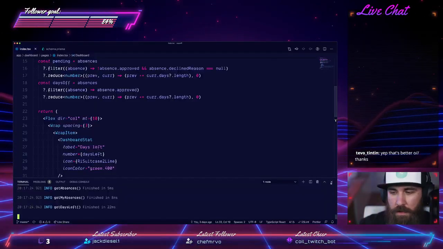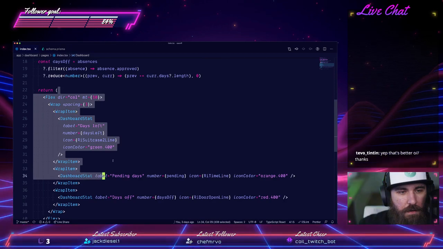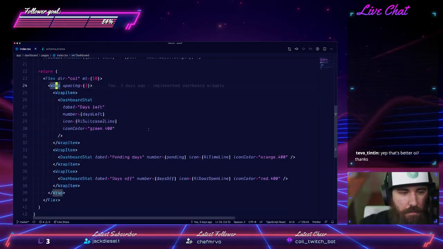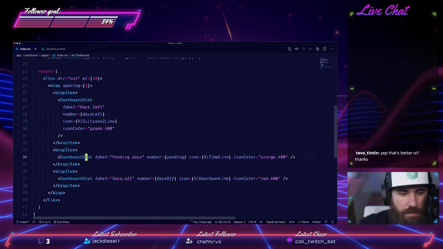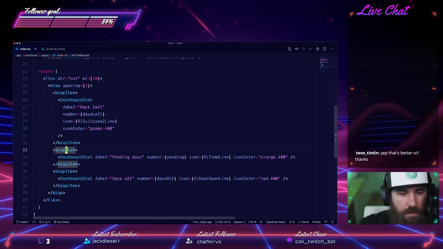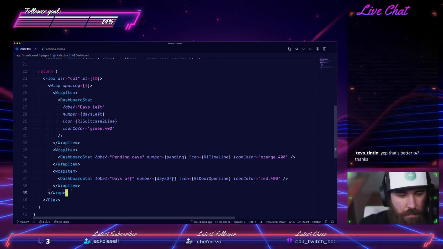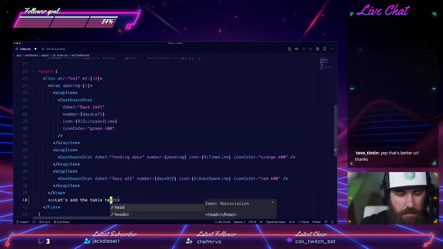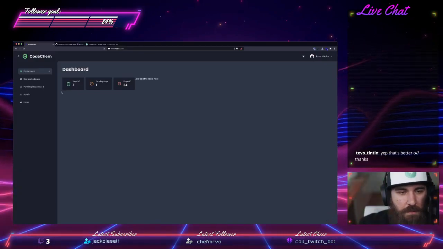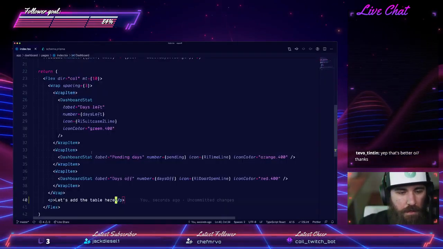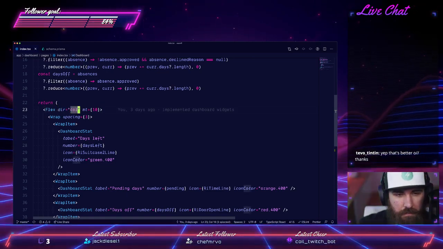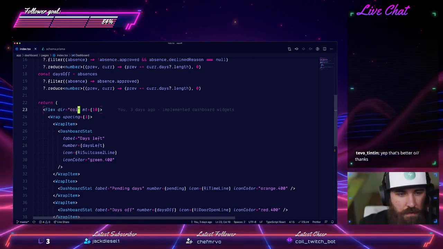Nice. Okay, so I'm gonna get rid of the terminal here, and this is our dashboard screen. As you can see, we have a wrap component with the 3 dashboard stats into a wrap item, and in here let's add the table here. Yeah, so it should be, oh, it's already here. Yeah, since we have a direction of column, let's just try to